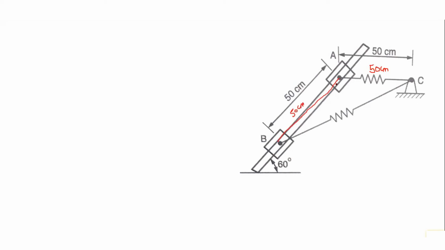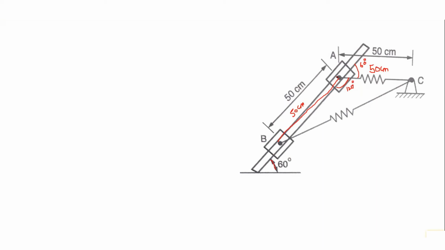Now in this triangle, let us say triangle CAB, two sides are known to me, and also one angle I can find out. How can I find it? This angle is given to me as 60, which means this angle is also 60 because it is a corresponding angle. Now if this angle is 60, the remaining inside angle A will be 180 minus 60, that is 120 degrees, since the angles form a linear pair.